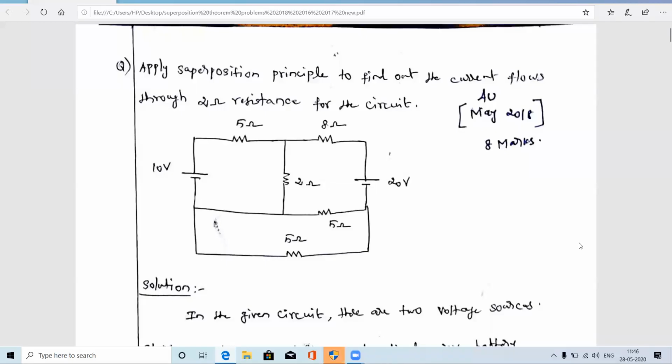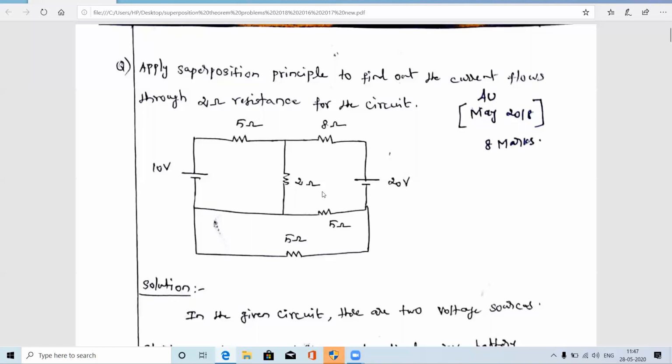Hi guys. So in this video we are going to see the problem related to the superposition theorem. We already discussed one superposition theorem problem, in which the circuit had one voltage source and one current source. But here the given circuit has two voltage sources. Using these two voltage sources we are going to find the current flowing through the 2 ohm resistor using